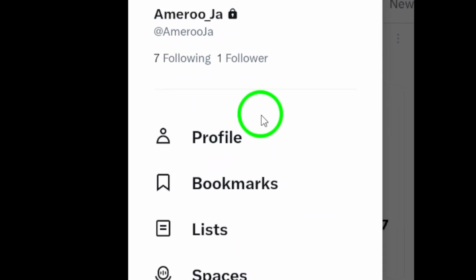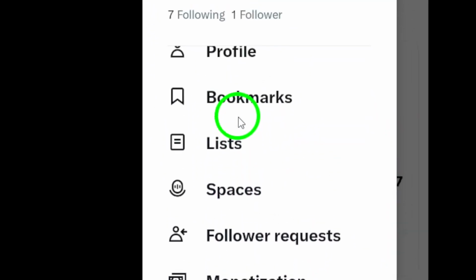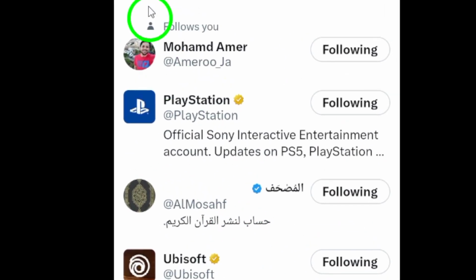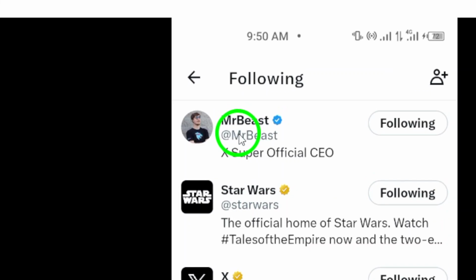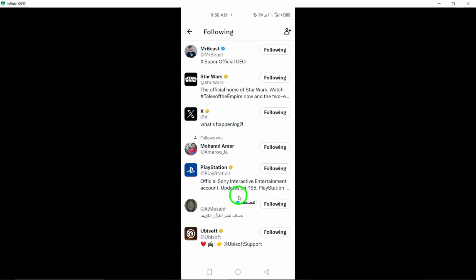Once on your profile page, look for and tap on the following option located under your name. This will direct you to a list of the accounts and pages you are following on Twitter. Within the following section, you'll find a comprehensive list of the pages you follow, giving you easy access to their